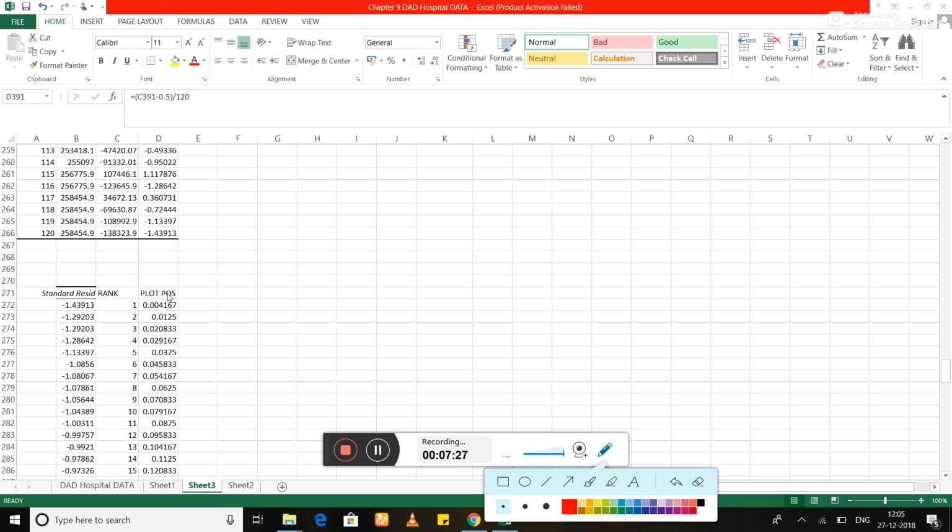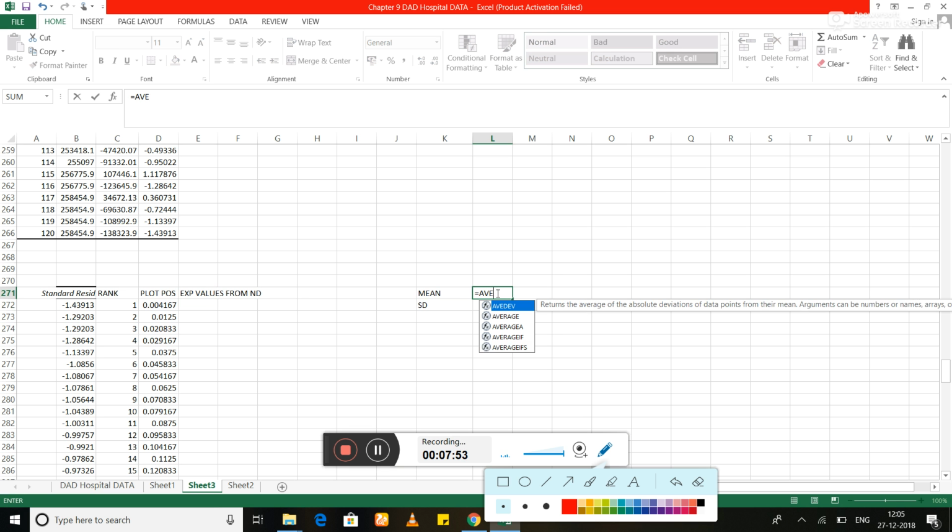Once you have the plotting position, then you have to get the expected standardized residuals from a normal distribution. If it had to follow a normal distribution, what would the values be? Before getting this value, I need the mean and standard deviation of the same.